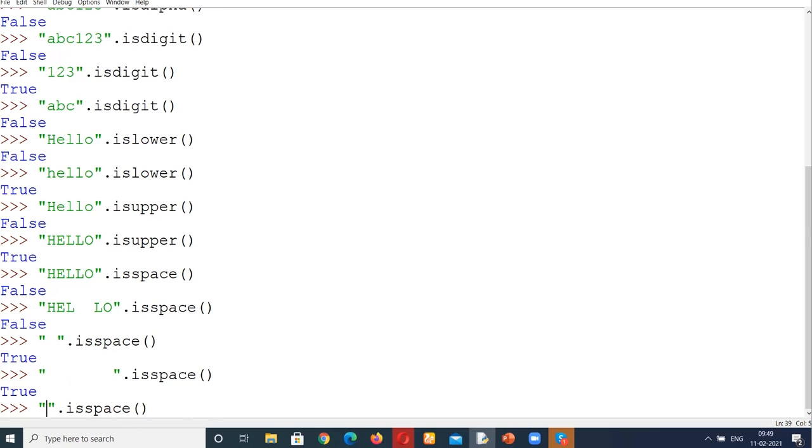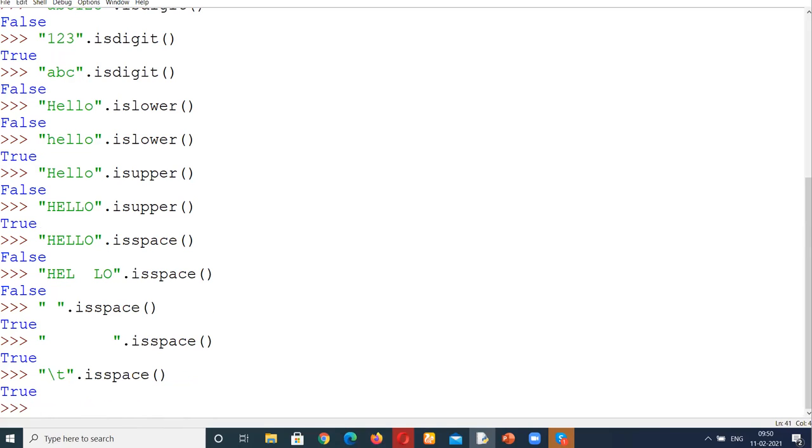Suppose I give \t. Why are we checking for \t? Anyone? Tab space, because it is a tab. So we are checking whether for horizontal tab it gives me the correct answer or not. This is how you can check whether you are giving a proper value or not.